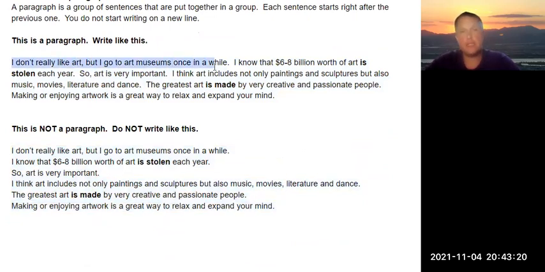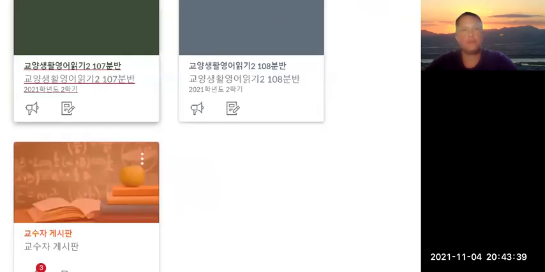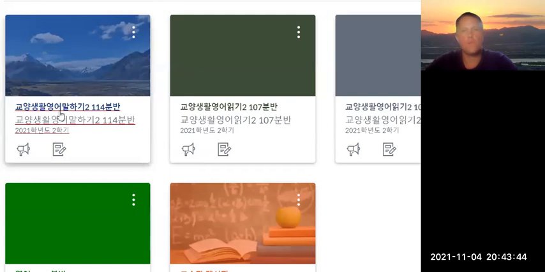So you write a sentence and then don't stop and go to the next line. Just keep going until the end of the page and then move down to the next line, okay? To the end of the line and put your paragraphs